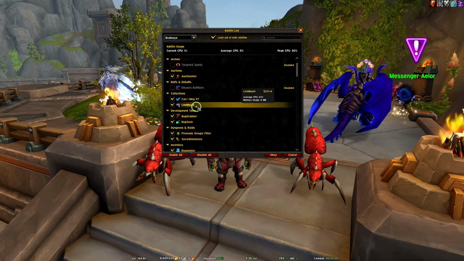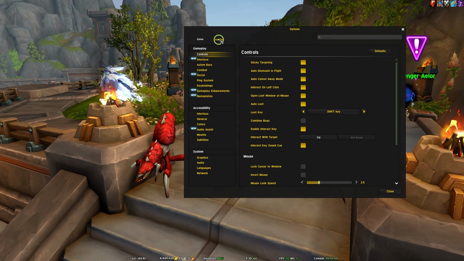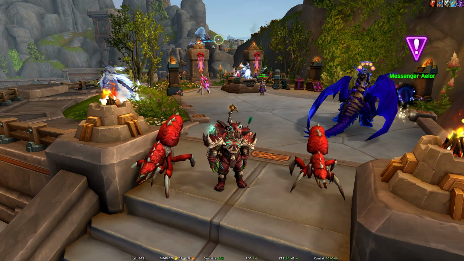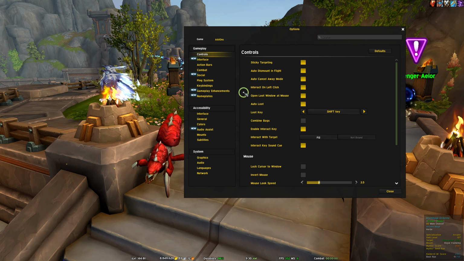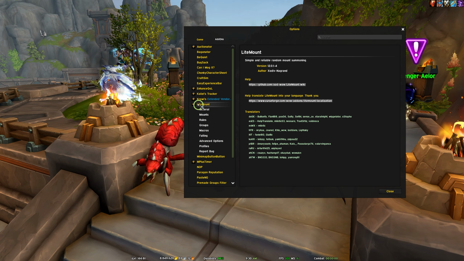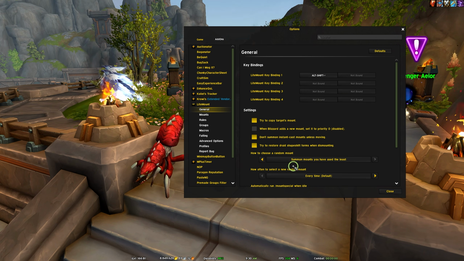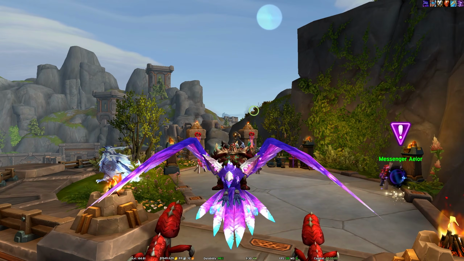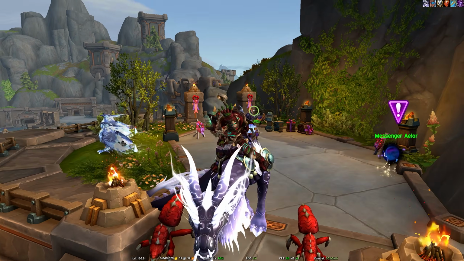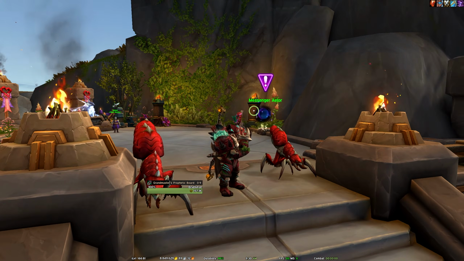And you also saw Light Mount here. I love Light Mount because it allows me to randomly summon a mount without having to have everything on my favorites list. And it works really well. The cool thing about Light Mount, and there's also something called Mog Mount, is that with Light Mount I can categorize them and give them different levels of priority. Right now, I have mine set to summon mounts I have used the least. So anytime I go to summon a mount, to the best of my knowledge, it'll pull mounts that I have used less frequently than others, which I think is pretty cool.